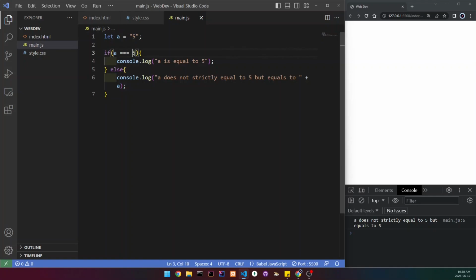So the values are both set to 5, so that's one, but the second one is that this one has to be an integer, because this one is an integer, right? So the next one,